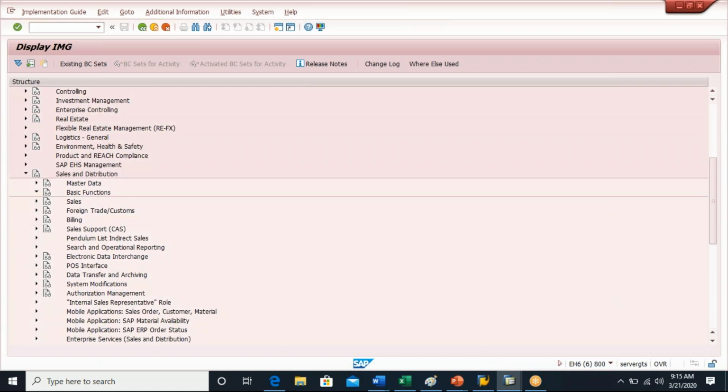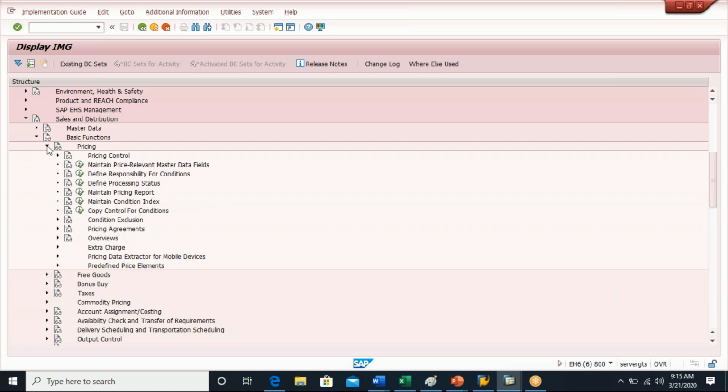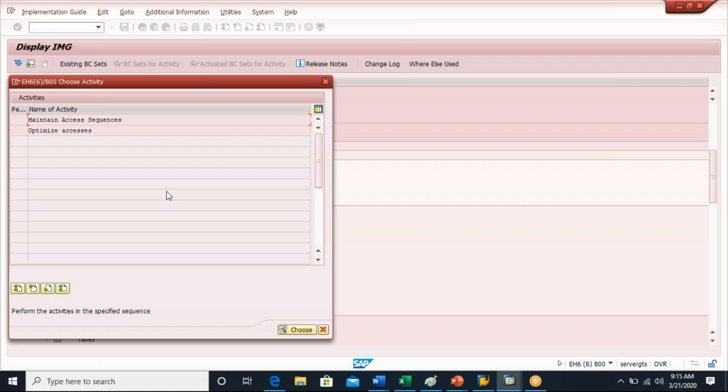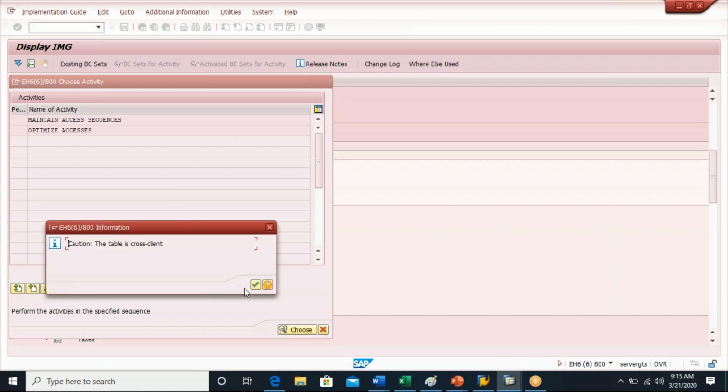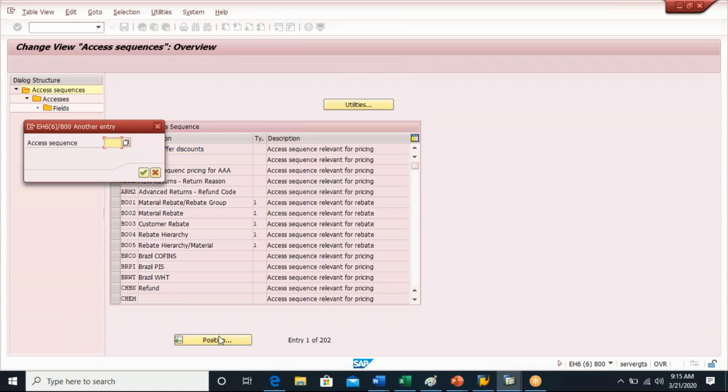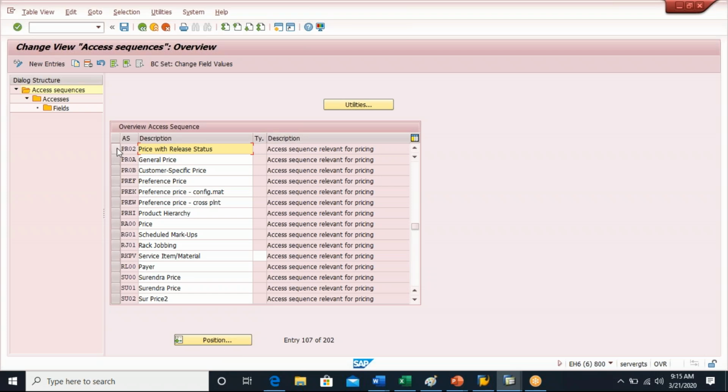Basic functions, pricing, pricing control. If I go to the access sequence, PR02 is assigned to it. If I go to the access,